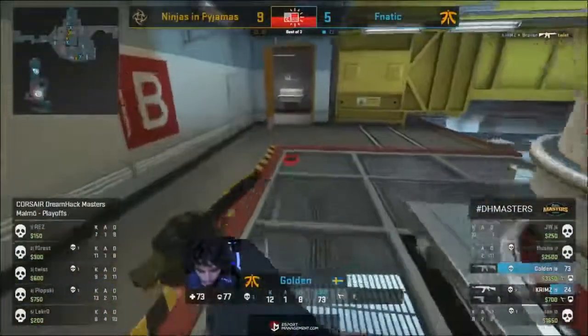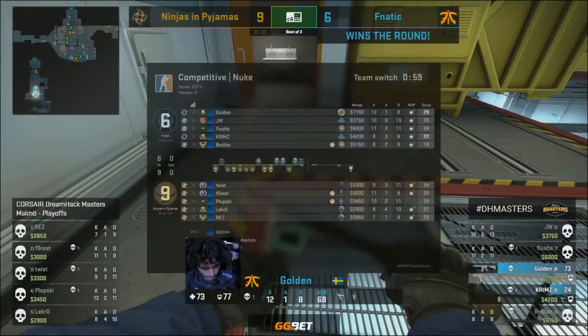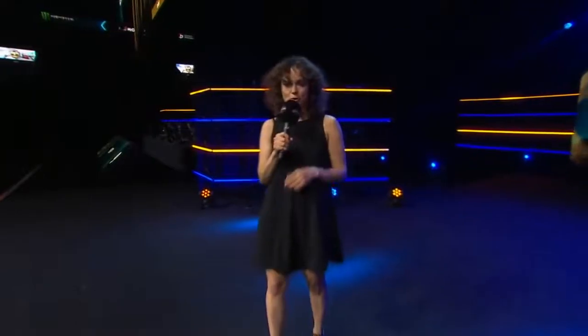fnatic give themselves enough to work with yet. Certainly not good news overall, but still they have enough. 9-6. Will throw down to Frankie, who's down on the stage. Well, fnatic are going to have to be satisfied with that one. They did manage to pull back a couple of...